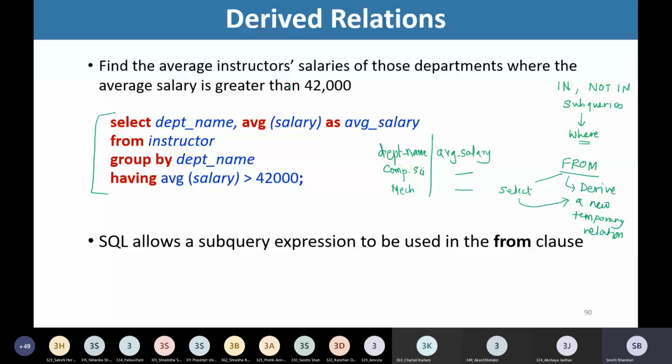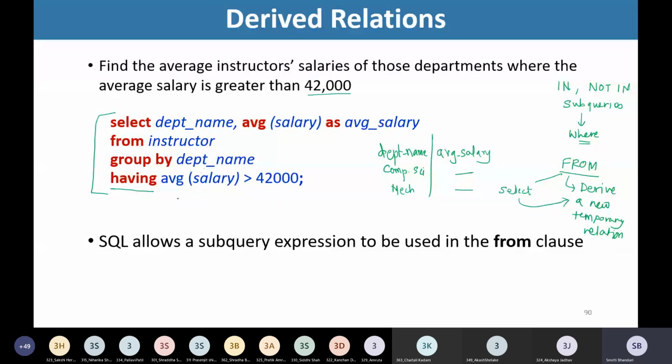Now, what I want is only those departments such that the average salary of the department is greater than 42,000. So we need to provide a predicate or condition on this average salary. We are grouping the data, and that is why, if we want to provide a condition on grouped data, we should make use of the having clause.